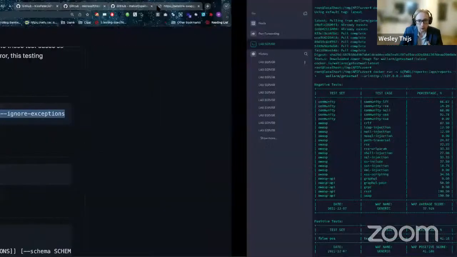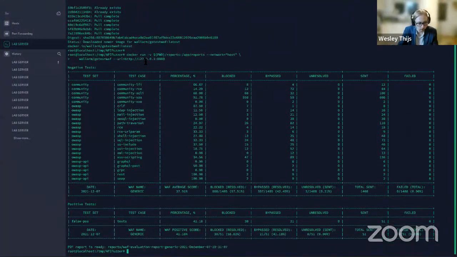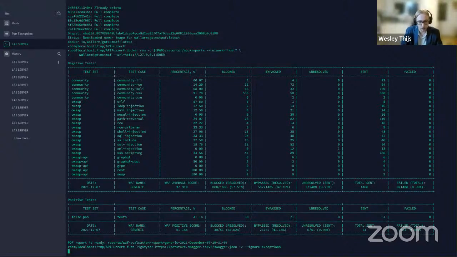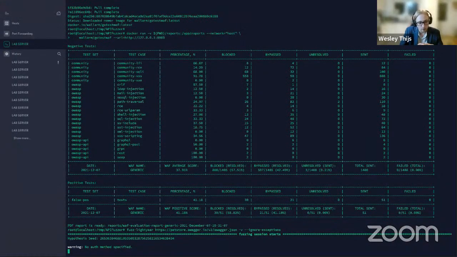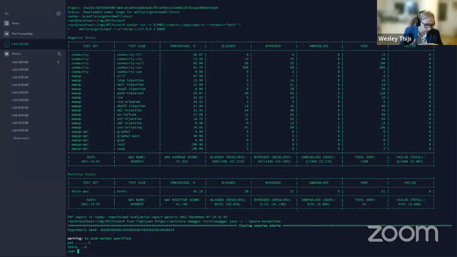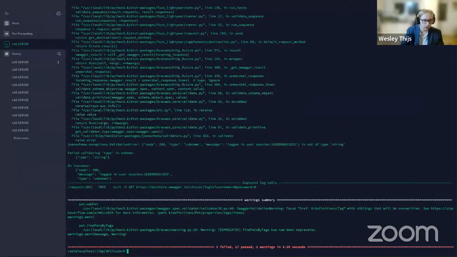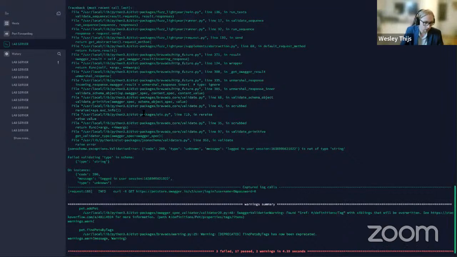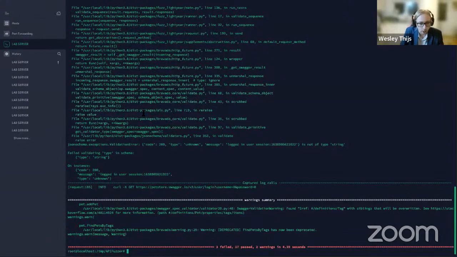If we go back to our command line for a second, I'm going to run a tool, the Fuzz Lightyear, developed by Yelp. And I'm going to run this tool against that Swagger JSON that we just saw, that JSON file. And in here, we can see that there are two warnings being generated on pet.add. There was a validation warning for the Swagger definition.